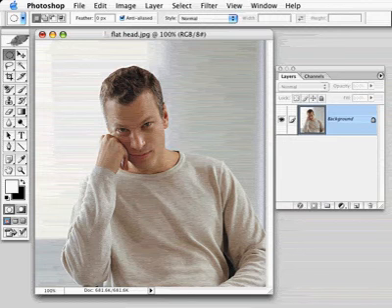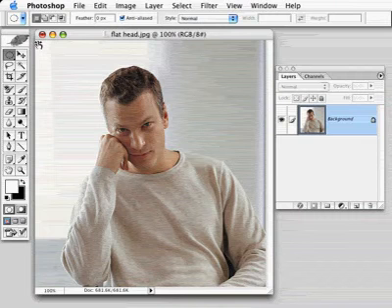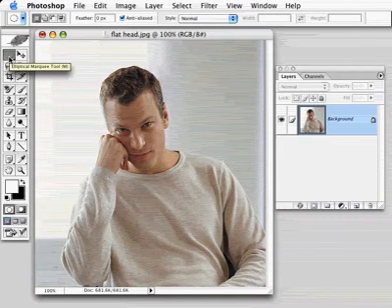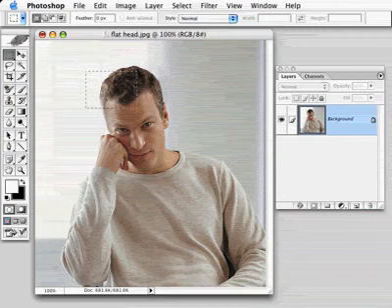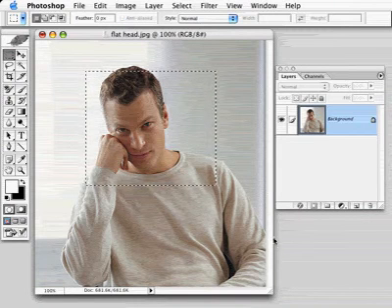Okay, let's talk about feathering. Feathering is something that happens up here in the options bar anytime you use one of your selection tools like the marquee or the lasso tools. And just to show you, if you're not familiar with this, this is what feathering of 0 looks like, a